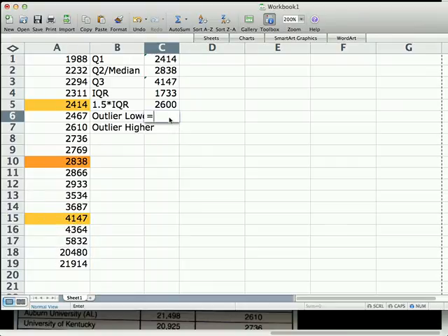So the lower limit would be this minus that 1.5 times that. And so I'm guessing that in our list we don't have any lower outliers, unless colleges are really nice and